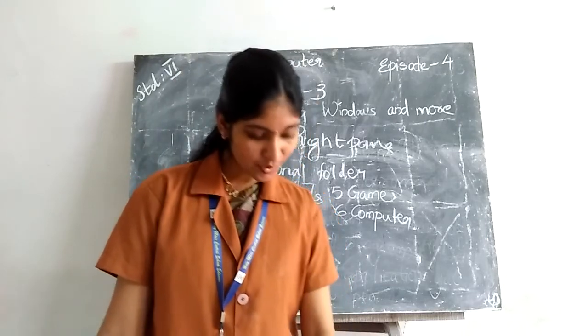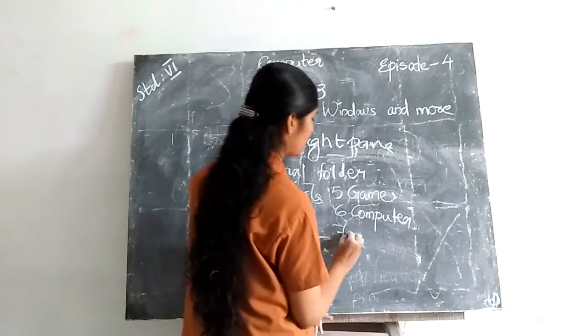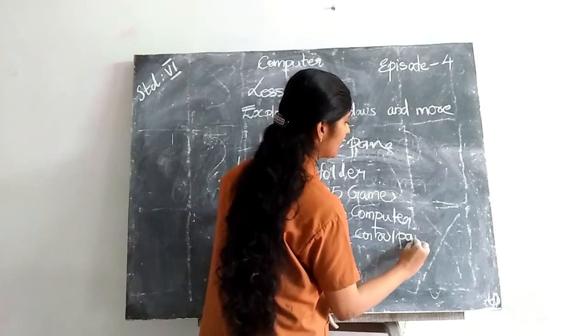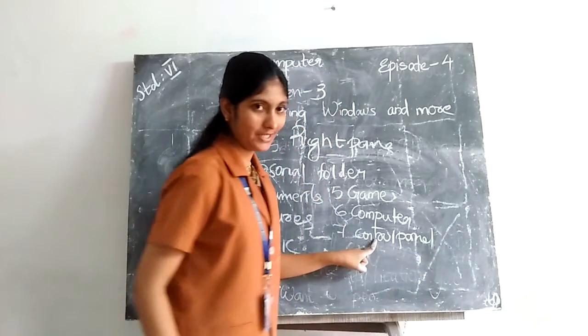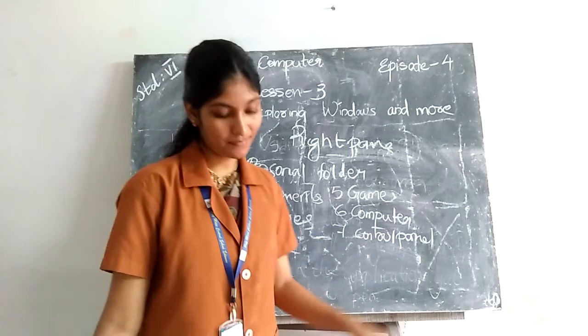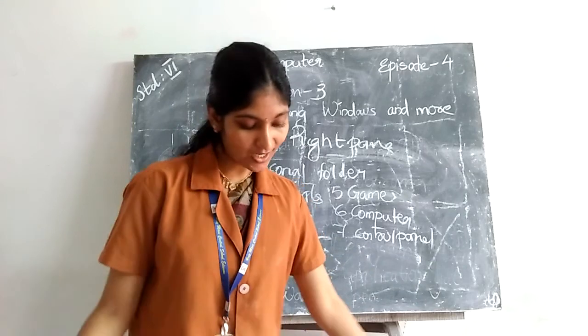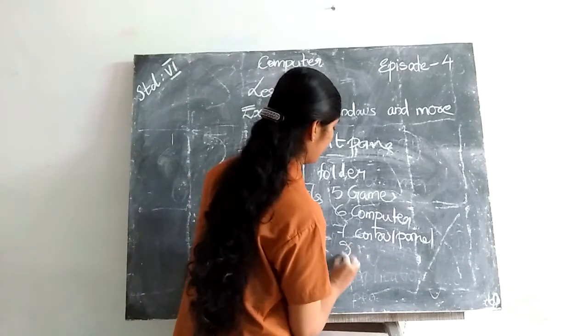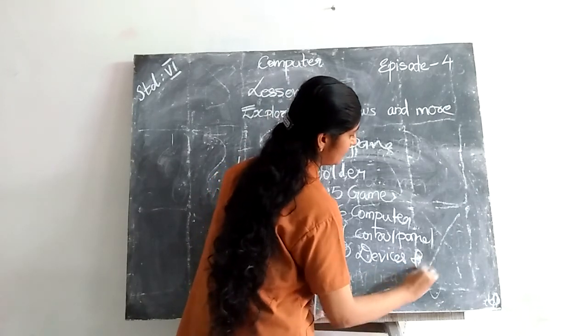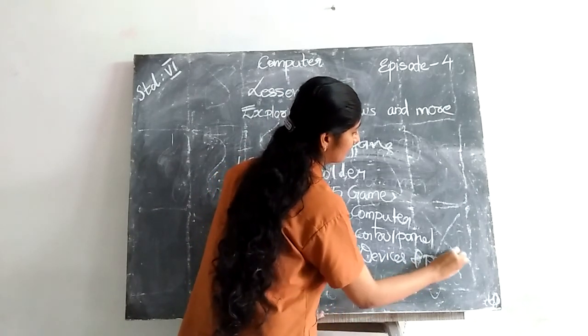Then next is control panel, number 7. Control panel means from here you can change the settings in the computer. Then 8, devices and printers. That means here